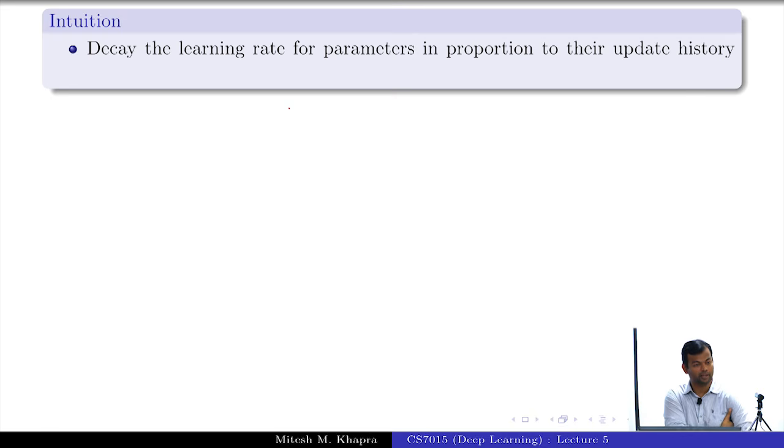So why not make the learning rate inversely proportional to this history? That means if the feature has been updated fewer times, give it a larger learning rate. If it's updated many times, give it a smaller learning rate. Can you give me a mathematical formula for doing this? This is the intuition. Just think about it for a minute. Learning rate inversely proportional to update history. Okay? Okay, good. How many of you get that? But most of you will get it once I show you the answer.